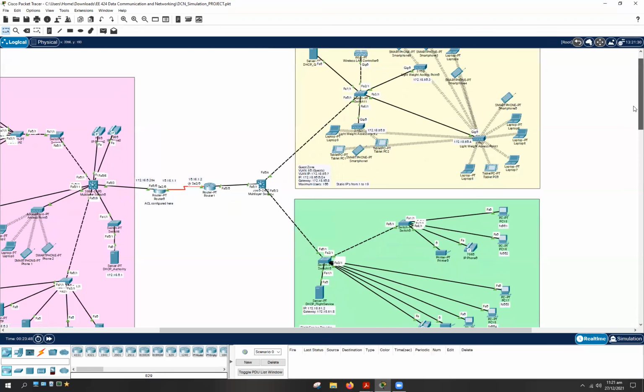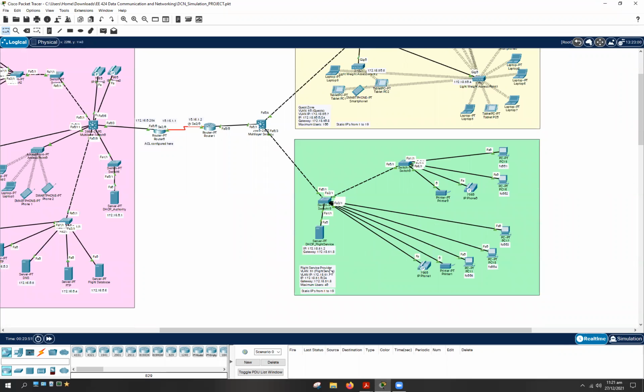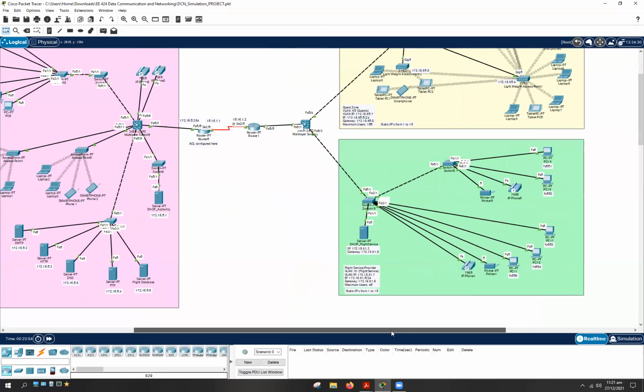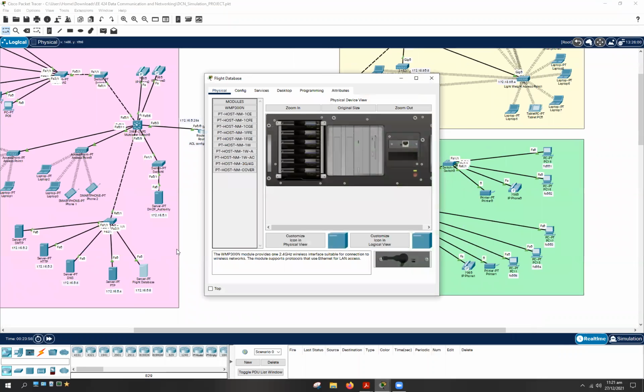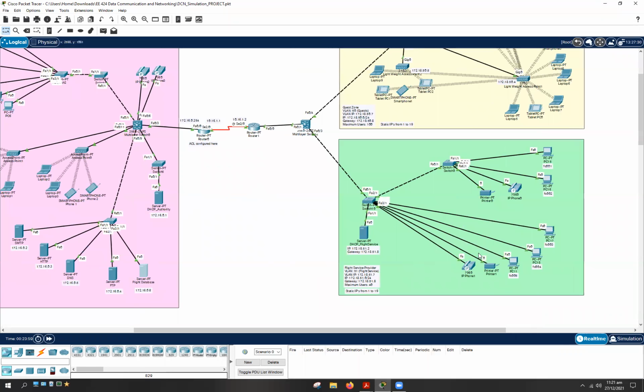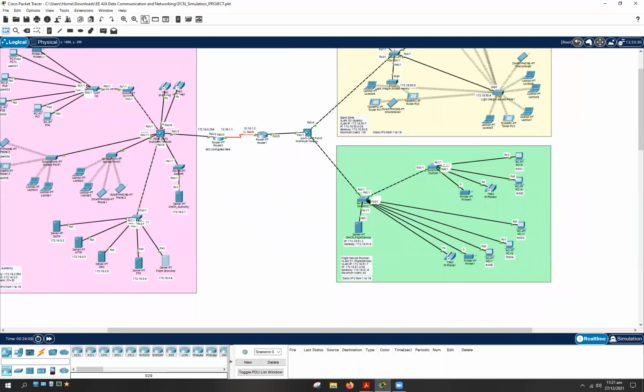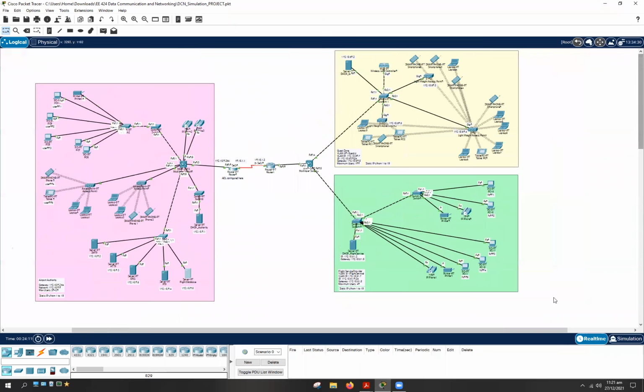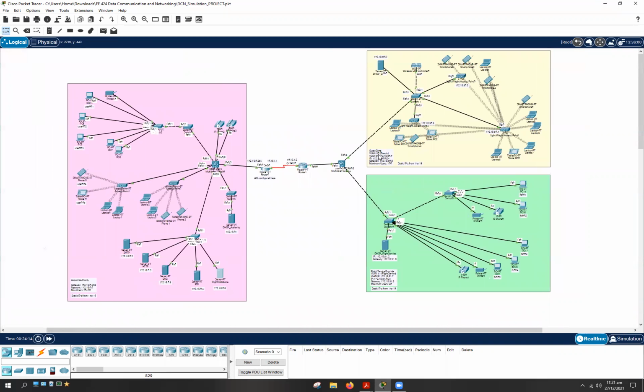And the last network that you are seeing on the screen is the flight service provider, which basically has access to this flight database server right here, and only this one, so that it can manipulate the flight schedules as per the requirement. And apart from that, we also implemented VLANs for these two networks, but they were later removed because it wasn't reasonable for these two networks, guest zone and flight service provider, to be communicating with each other. So that was only to implement the functionality of VLANs, right?